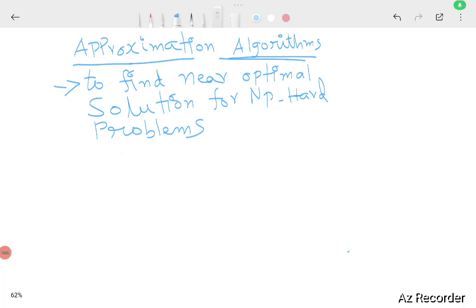So in this video, we will see about approximation algorithms. Approximation algorithms are algorithms that are used to solve NP-hard problems. NP-hard problems are problems for which we don't have any polynomial time solutions. Existing algorithms take exponential time to solve these problems. By using approximation algorithms, we can develop algorithms for the same NP-hard problems